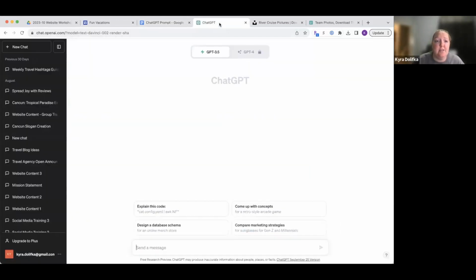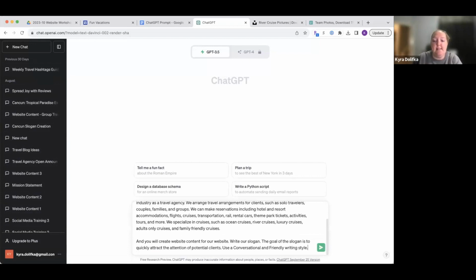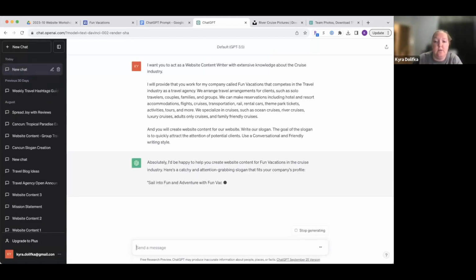And I'm going to go to ChatGPT. So this is chat.openai.com. You can create an account. It's free. You can see here that it has stored my past conversations with it. So that's good too. So when you have an account that again doesn't cost you anything, it will store what you've told it, so you can kind of see what you have said in the past. So I'm going to paste this into here and I'm going to click enter, and it's going to generate